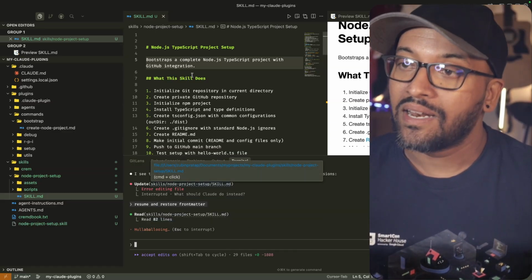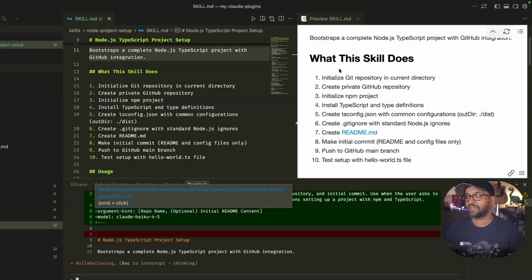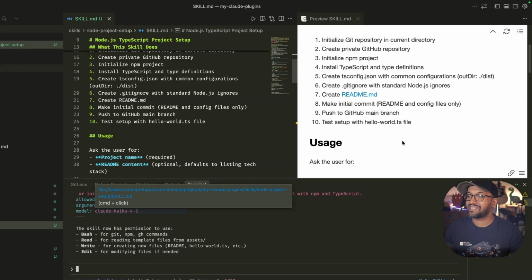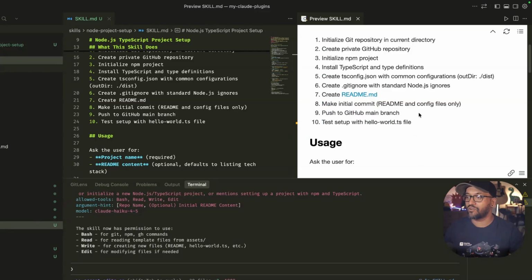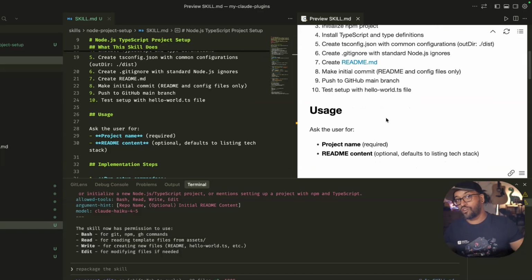While it's doing that, let's take a look at what this skill does. So it tells you what the skill does. Basically, it does a bunch of steps, initialize git repo, the same thing that we did in the /commands video, but now converted to a skill, and basically sets up an entire node project, including a README and the initial commit, and sets up your GitHub repo remotely using the GitHub CLI. So you need to have that installed if you're going to run it, and then it sends it all off to your GitHub. So your basic project is bootstrapped right away with no effort from you. All you got to do is give it the command.